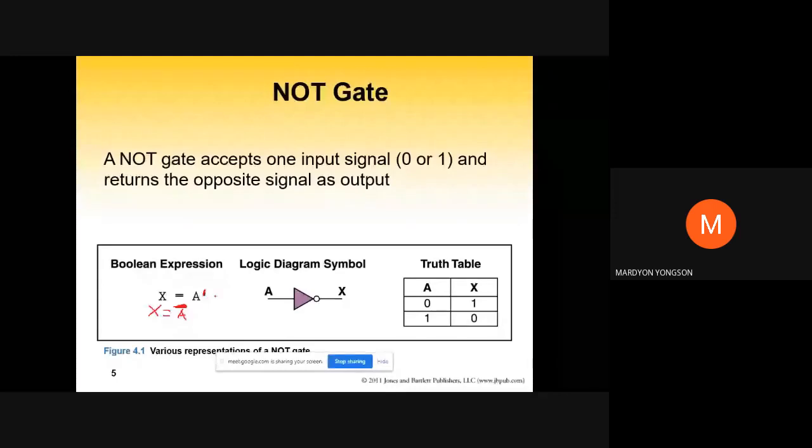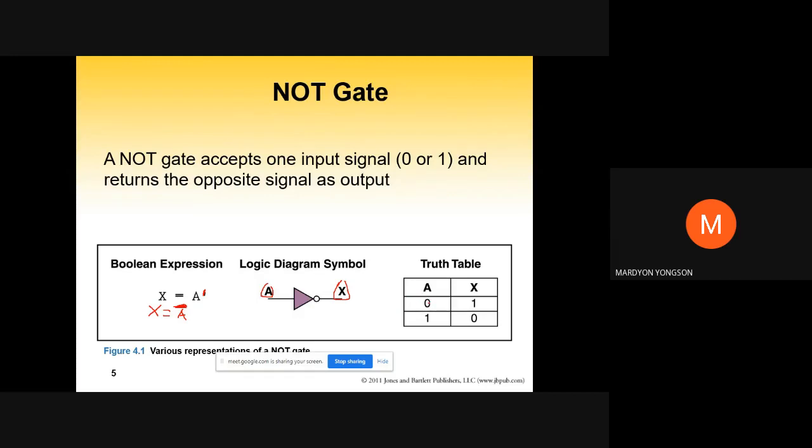So, yung logic diagram naman niya, since 'di ba ito not gate, so ayan. And then ito yung A, siya yung input, and then yung X yung output. And so meaning X equals A complement. So pag ilalagay natin siya sa truth table,